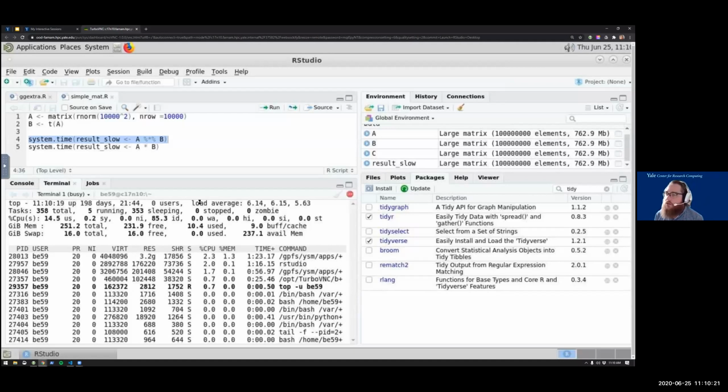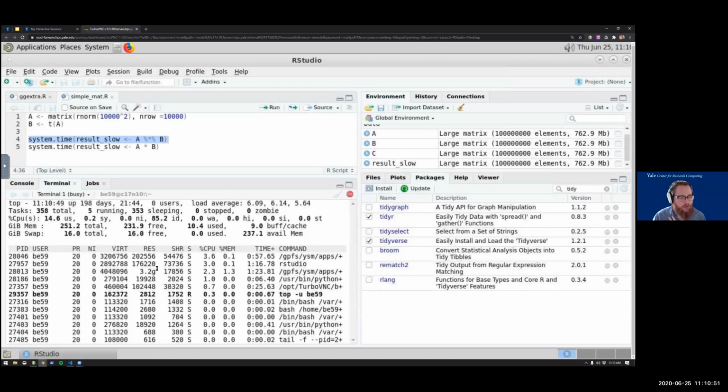Question is, when we install a package, does it go into our personal library? Yes. So we've set up these R installs so that only YCRC staff can edit the shared install that everyone sees, so that everyone can have their own personal R libraries, and packages that you install won't affect or contaminate other people's R libraries.